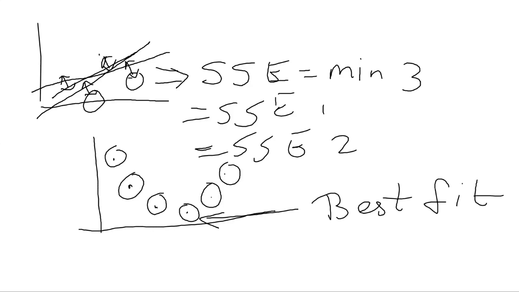So what we do to find out best fit line is, we start with some random value of beta 0, beta 1, and we find out that this is the first SSE that we have got. With this SSE, we still understand through a graph that it is not the minimum value, there can be some other value. So we find out another SSE for the next line, and we keep on doing this till we get optimal solution as a minimum SSE. This minimum SSE value is called as optimal solution for best fit line.